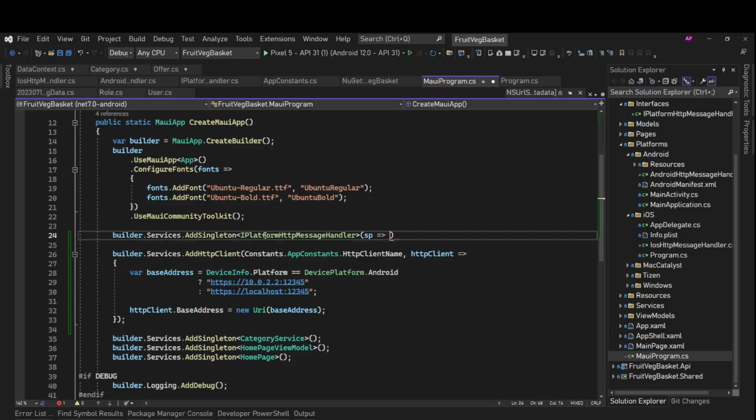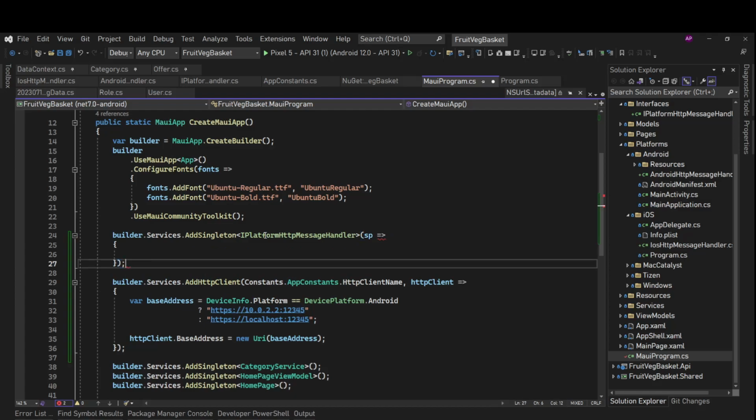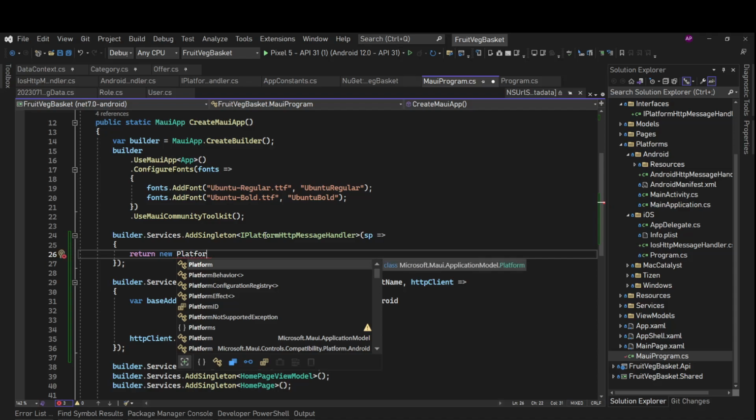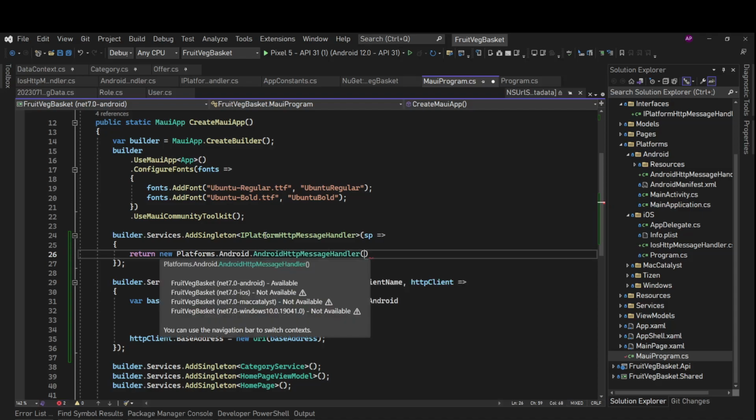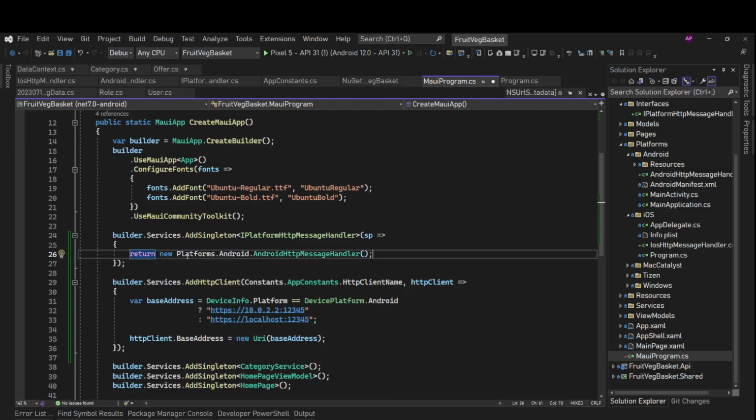It will get the service provider, and it will return the implementation, and that implementation will be, we'll say return new platforms dot Android message handler.